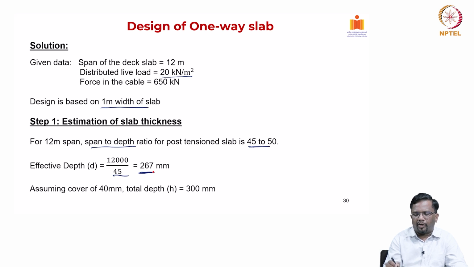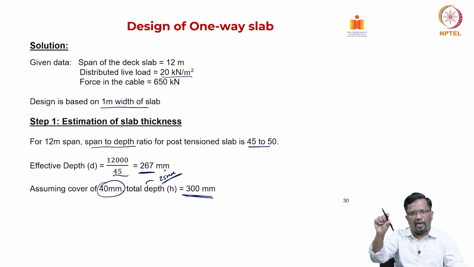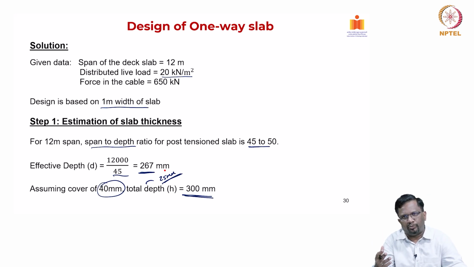So, the effective depth requirement works out to be 267, and if I assume a cover of 25 mm with effective cover, then I take a round value of 300 millimeter. Definitely it will satisfy the requirement. Of course, the cover requirement should follow fire resistance and durability requirements. Typically, a nominal cover of 25 mm is assumed, and because you are going to use a flat tendon, the tendon duct size will be usually